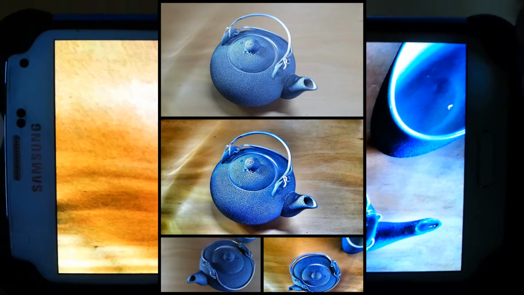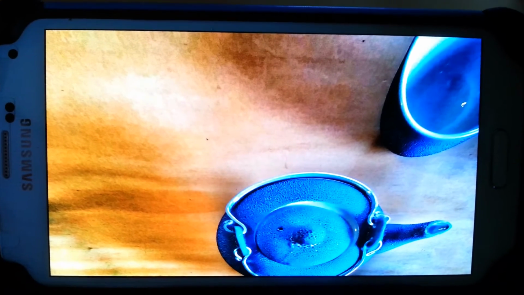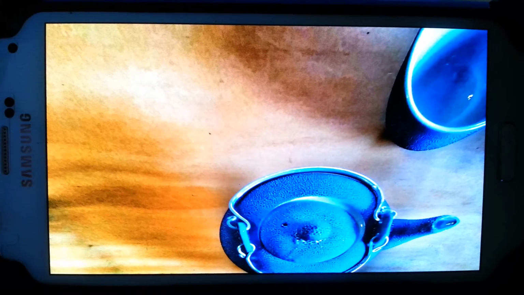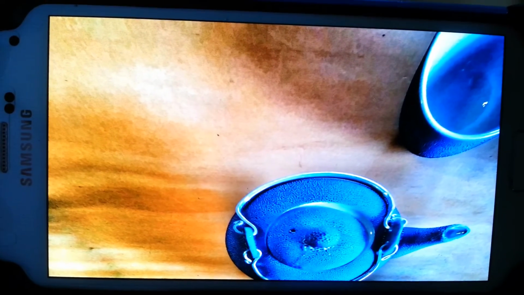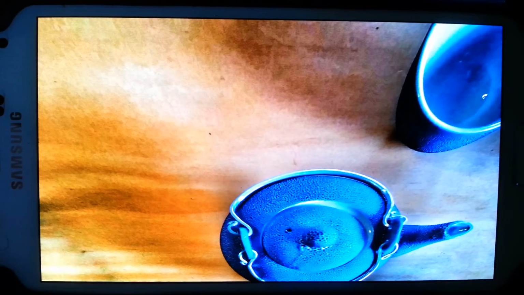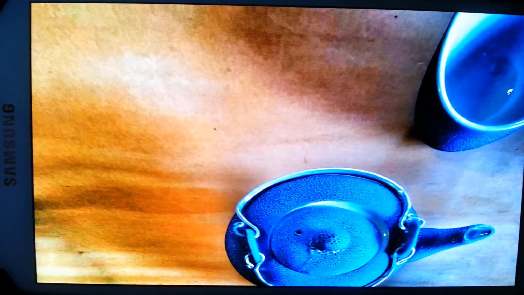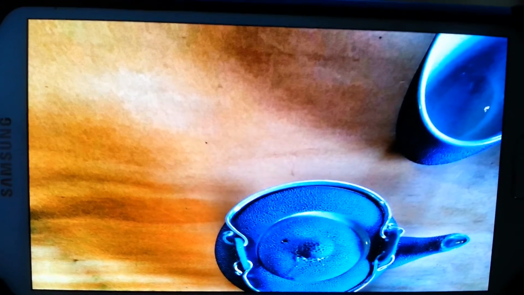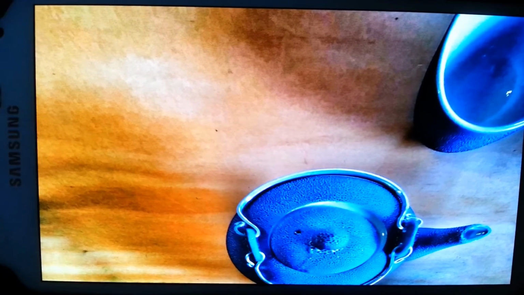So I hope you found this useful. And if you've got any questions, ask. But I suggest you actually have a play around with your camera and just have a feel and get the hang of it. So anyway, I'm looking forward to seeing some great photos come through, and I'll see you on